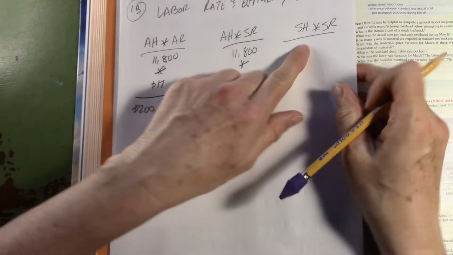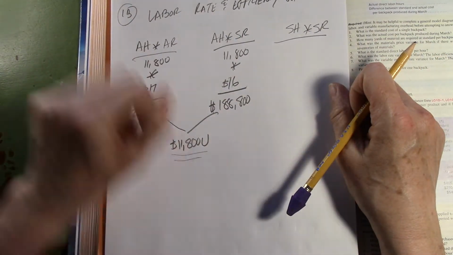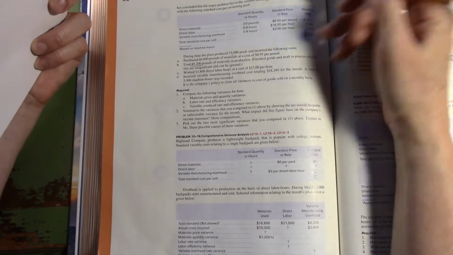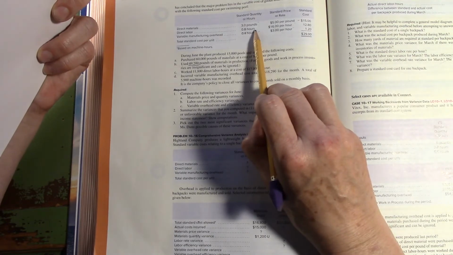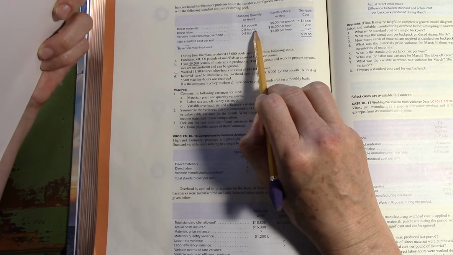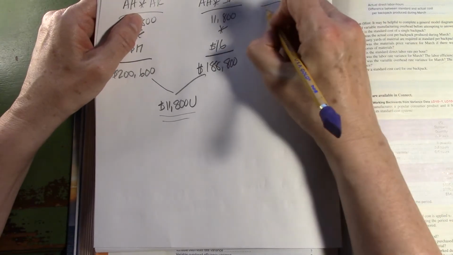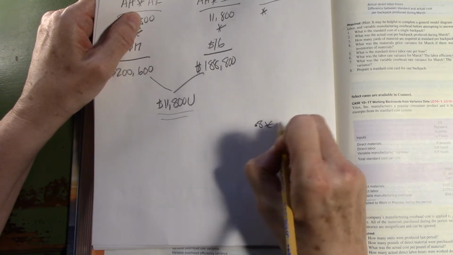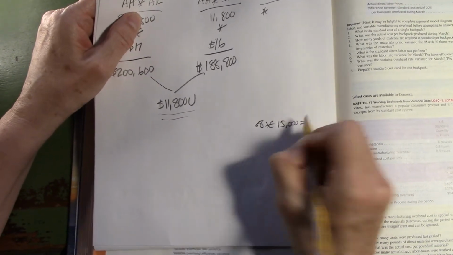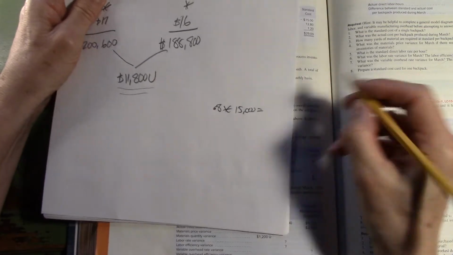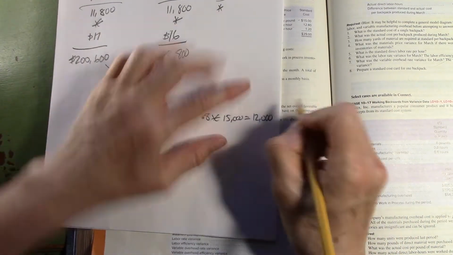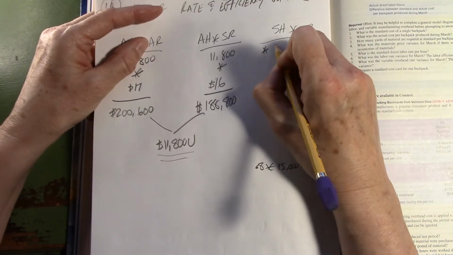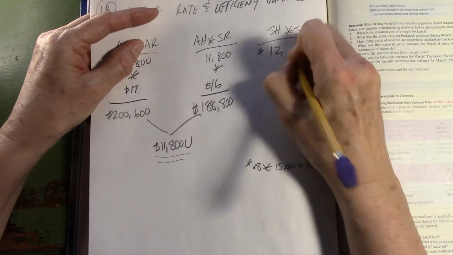So now we're going to look at our standards, right? So our standards would call for 0.8 hours per pool, right? And we made 15,000 pools. So I'm going to come down here and I'm going to go 0.8 times 15,000 is equal to 12,000. So we should have used 12,000 hours to make 15,000 pools. So the standard hours would be 12,000